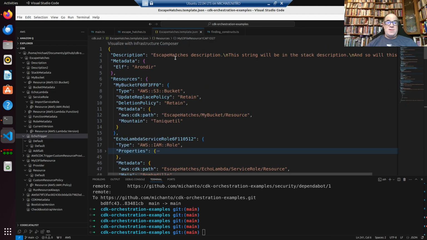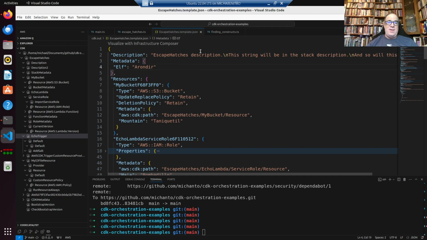Okay, so first thing you notice is the description here is both the description that I put in the constructor, and then there's a new line, and then there is the first CFN element description, and then the second CFN element description. So mostly CFN elements do not add a description, but in this case, I specifically did that, and you can see how the CDK merged those three descriptions together by putting them on separate lines